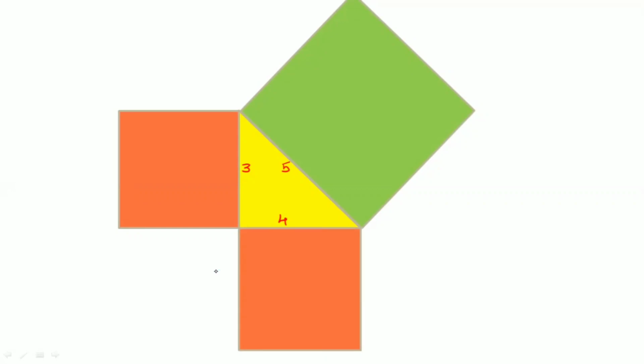Now students, according to the theorem, the area of the squares made on the two sides of the triangle is exactly equal to the area of the square made on the hypotenuse. It means that if you take these two red color squares and try to fit them on this green color big square, they will exactly fit it. It means the area of these two squares is exactly equal to the area of the big square. Now let us see how.